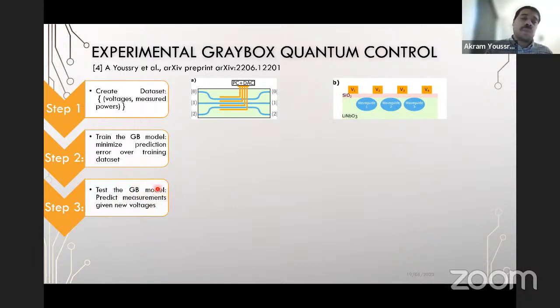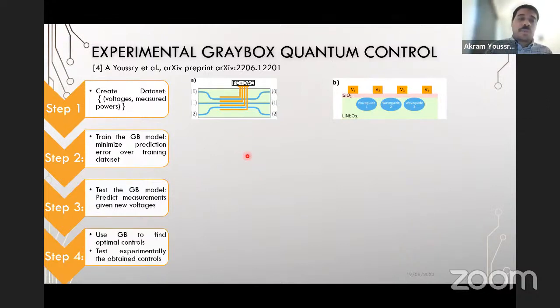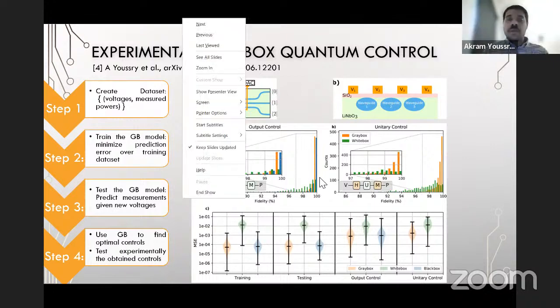We test the Graybox. We give it a set of new voltages that have not been trained over, and we see the predictions and compare if the predictions match the experiment or not. And then finally, we can use this to do control, because as I mentioned, once you have the Graybox model, you can just put it in an optimization procedure to find the voltages. So in this case, I want to find the voltages that I need to apply such that I get a particular quantum gate, some distribution at the output. So the results were